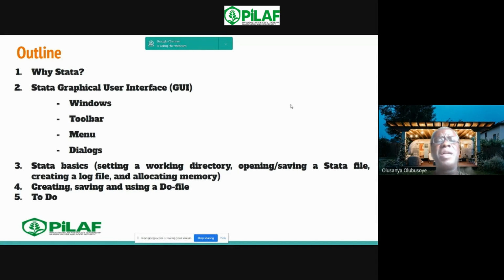These are features available within the graphical user interface that you must just be familiar with and be conversant with, their usage and how to move around them. We might be able to do some STATA basics like setting working directory, opening and saving STATA file, creating log